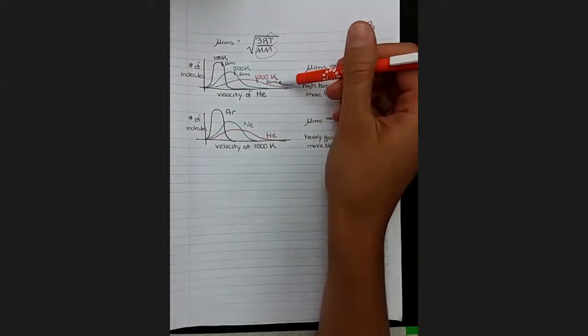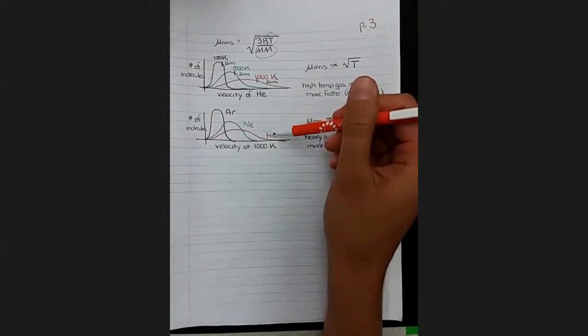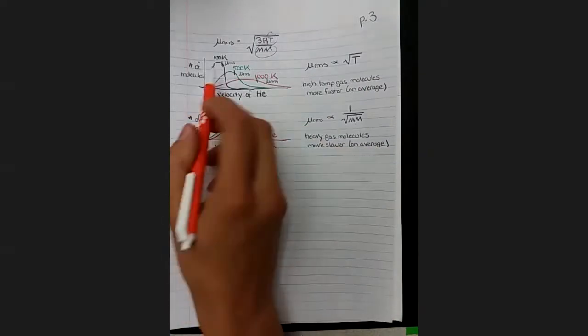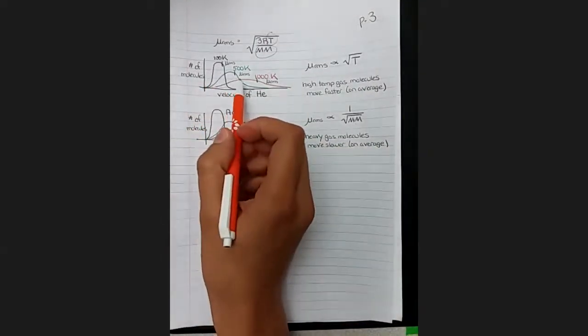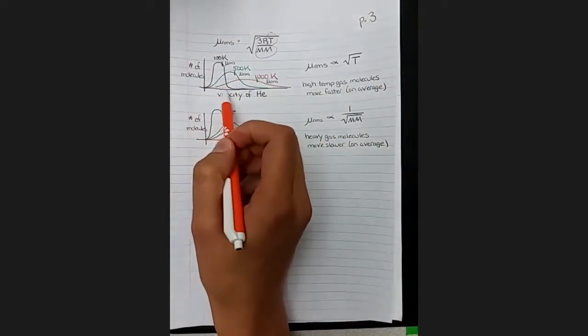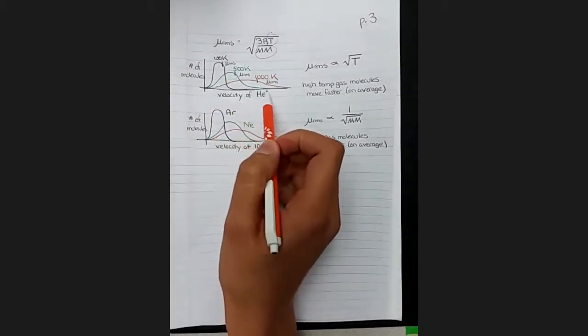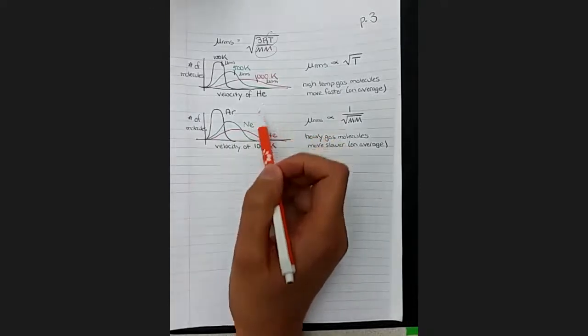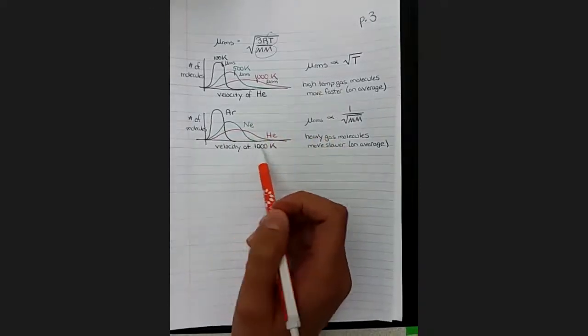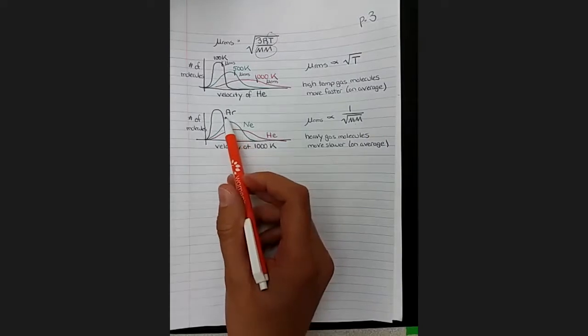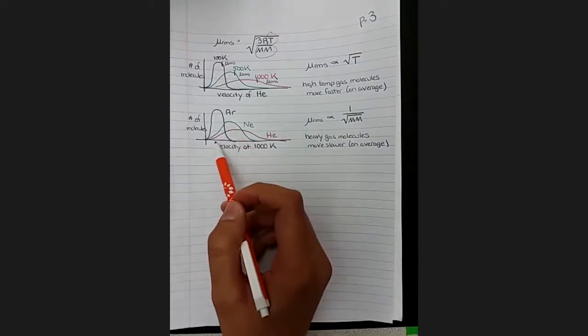You'll probably notice that when we made a series of different distributions at different temperatures for the same gas, and when we made the distributions for different gases at the same temperature, the plots look very much the same. We just need to keep in mind which direction the relationship goes. For temperature, as we increase the temperature, the distribution becomes more flat and moves towards higher velocity. When we change the molar mass, as we go to a heavier molar mass, we're becoming more thin and tall at a lower velocity.